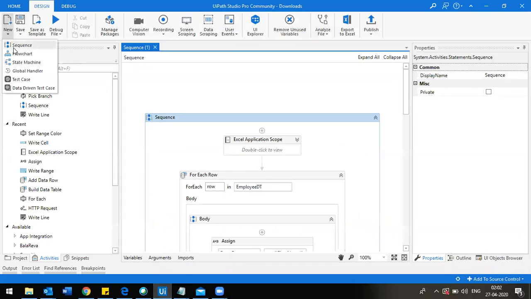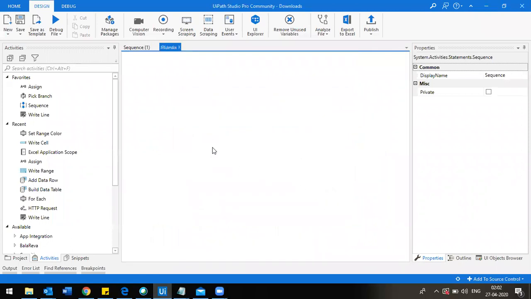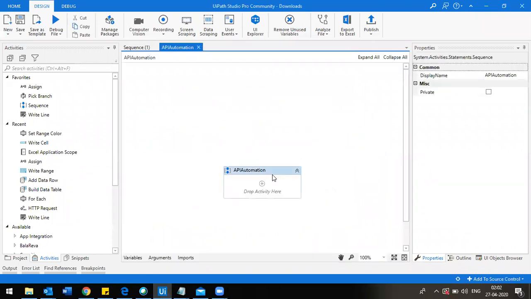I'm going to create one sequence. I'll call it API automation. In order to automate the APIs, we want some kind of activities, right?